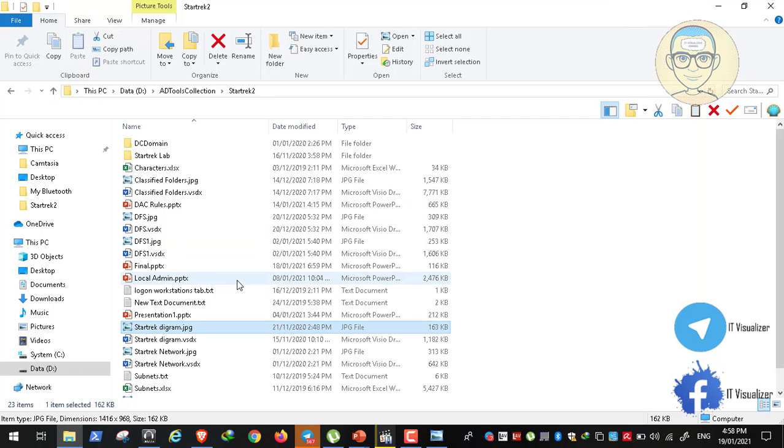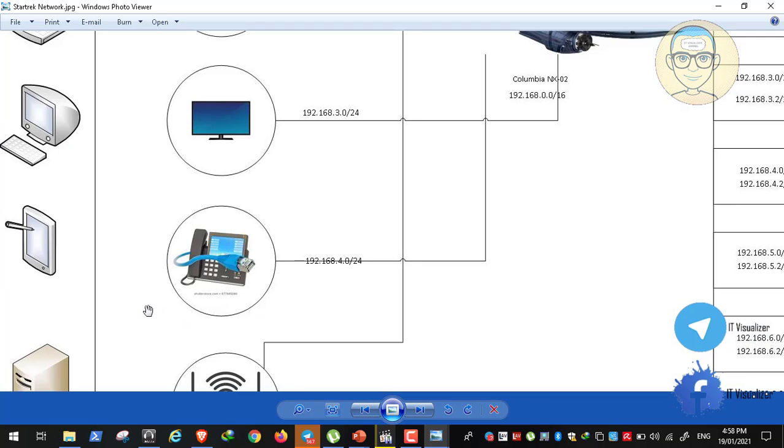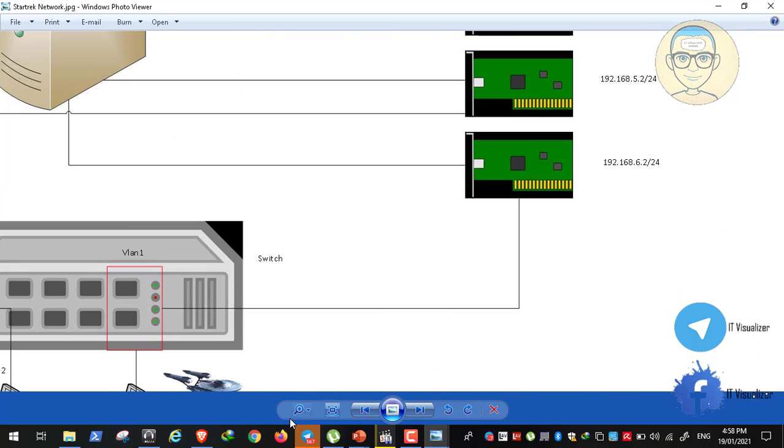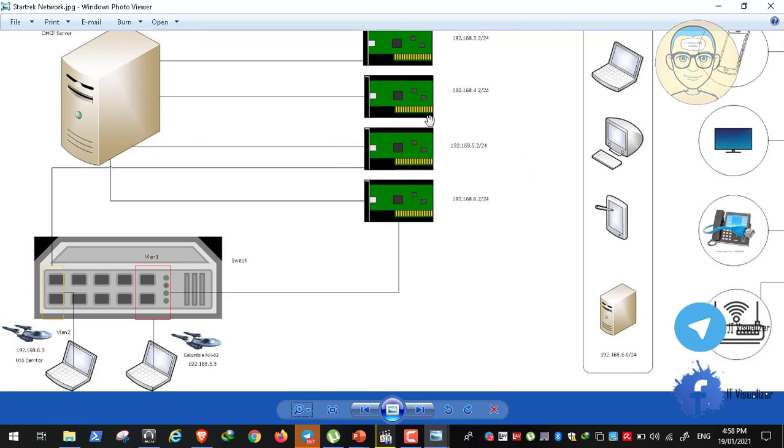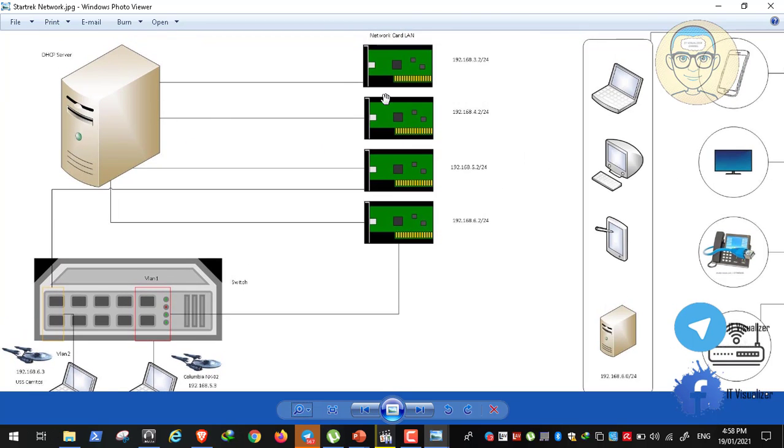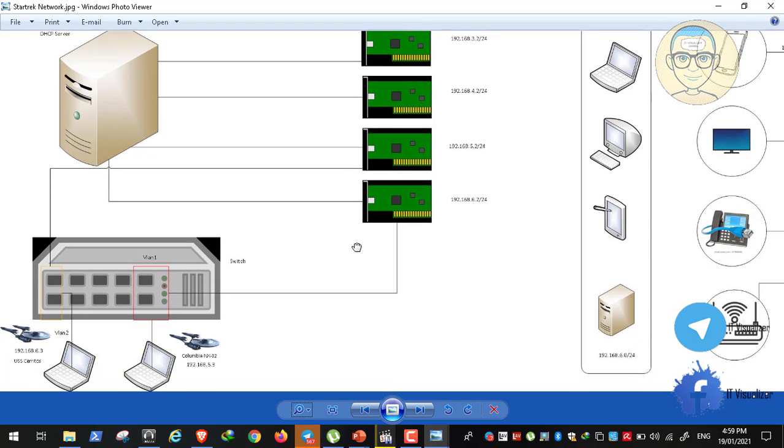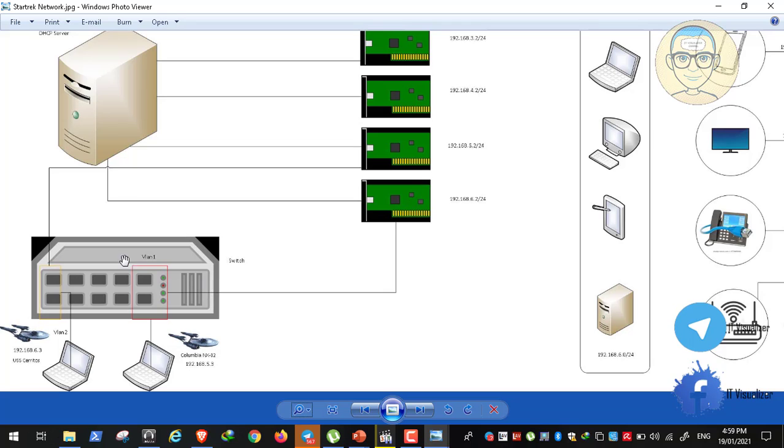I can also show you a little bit of a graph about what the VLAN is. So let me show you all a little bit of what the VLAN is here. We remember, if you go there, so here you go. Remember, this is our DHCP and these are the 8 network cards. Every network card will be on a different subnet or will distribute a different subnet. For example, the first network card will be on VLAN 1 and the computers in Colombia will be on the same VLAN, so it will take from the range of IP addresses that this DHCP